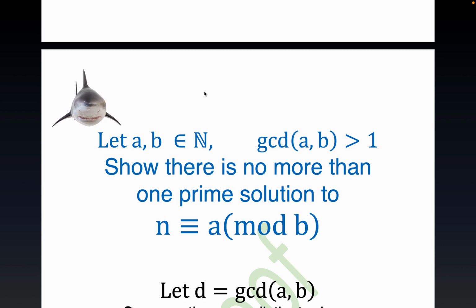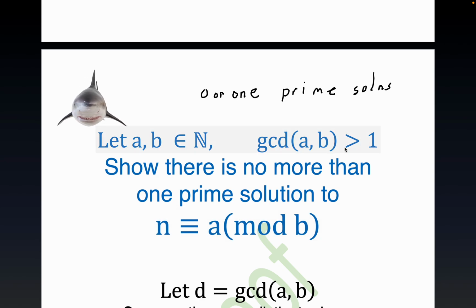Number theoretic congruence, we're trying to show that there's either 0 or 1. Let's spell 1, why don't we? Prime solutions. I'm just repeating the instructions here. Solutions abbreviated, okay? Now we're given that the GCD of A, which is sort of the constant here, and B